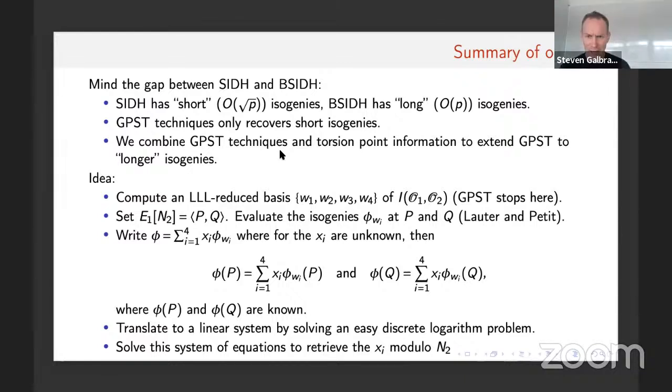There's a question in the chat: why does the attack not significantly apply to B-side? And Luca says it's not an attack, it's a reduction. Yes, so first, it's not an attack, it's reducing the hardness of one problem to the hardness of another. Thank you, Luca, for your comment. But back to the other question in the chat: why does this reduction not really apply to B-side, maybe is another way of saying it.